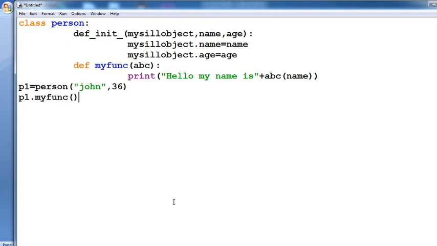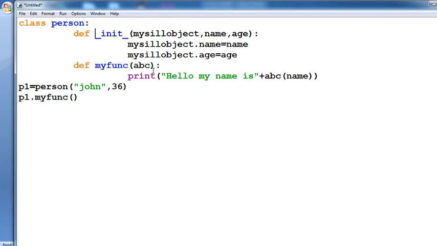That means here we have created one class, that is named Person. Then define the initialize function using the def keyword, that is def __init__, then mysillyobject as the self declaration of that particular class, with name, age. In mysillyobject.name equals to name, mysillyobject.age equals to age.